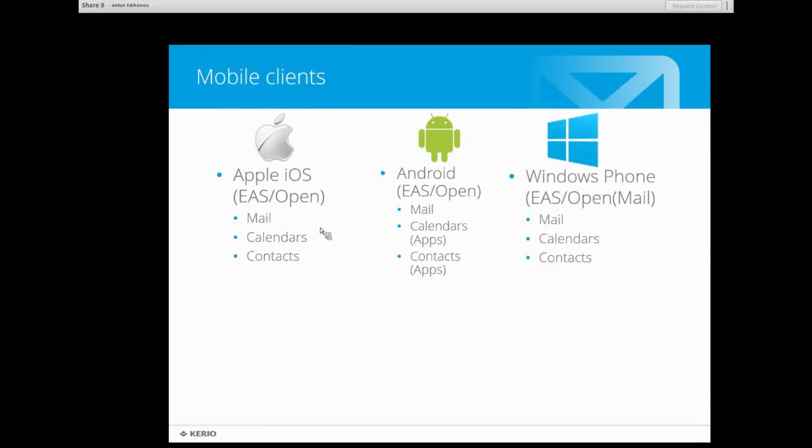And the third platform is Windows Phone. It's also a very common platform. It can use the Kerio Connect server with the Exchange ActiveSync protocol, and via this protocol it can access mail, calendars, and contacts as well as other platforms. But for open standards protocols, it may access only mail, so it supports only POP3 or IMAP protocol. It can access CalDAV, I believe, and CardDAV, but it's used only for the Gmail